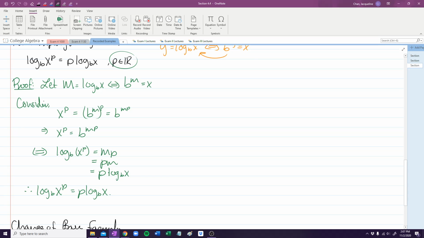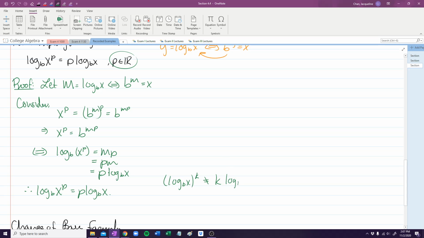One note I have here is when you do the power property, if it's written like this, that's perfectly fine. What it just means is that this p is attached to the x. We can apply the power property here because p is part of the argument, but we cannot apply it if this is log base b of x, and let's say this is to the k. This is not equal to k